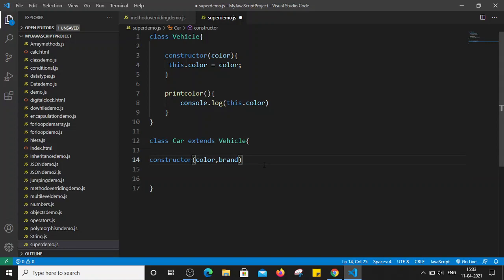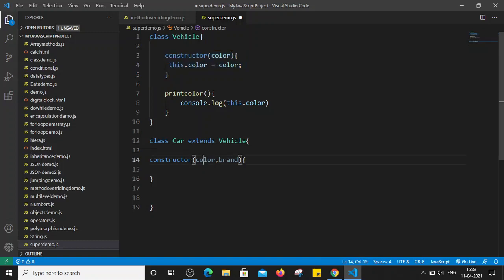Right, now we are passing the color parameter here, right? So from the child constructor, this is the Car class, which extends the class Vehicle. So class Vehicle is a parent class and Car class is a child class, and by using the super keyword we can invoke the constructor of the Vehicle class.